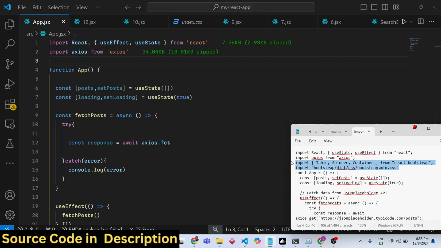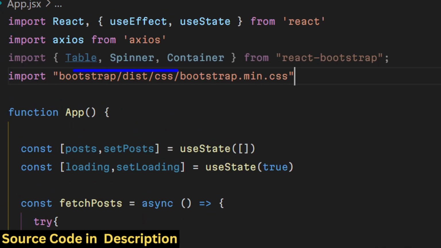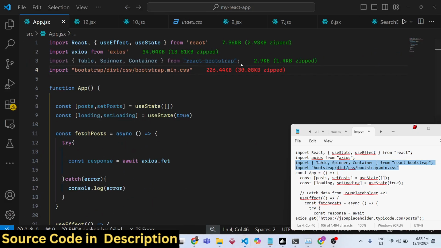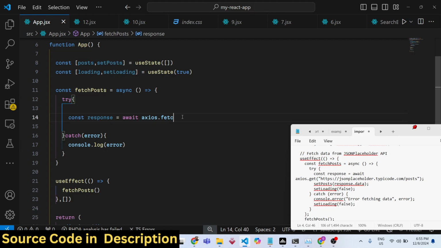And again, we need to require Bootstrap. So we'll require all the Bootstrap components, the table, spinner, and container component, and the Bootstrap CDN file. This is coming from React Bootstrap, and right here we'll make a simple fetch